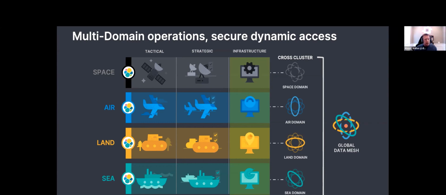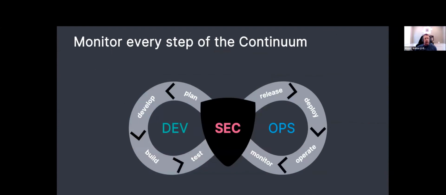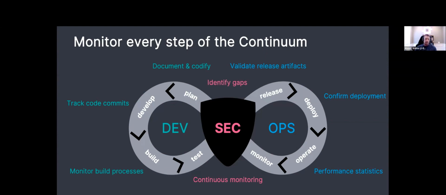Okay, cool. So let's bring that back now to the DevSecOps Continuum. The ability to have that level of observability across all the different aspects of your environment, the applications, the platform itself, applying that to the cycles of the DevSecOps Continuum, you can, at the plan phase, take the planning feedback from previous loops to codify and inform the decisions you make in the development phase. The code updates that you are tracking, you can use to verify that builds are happening properly,